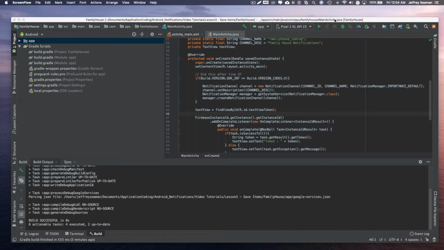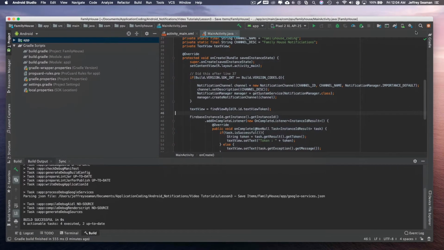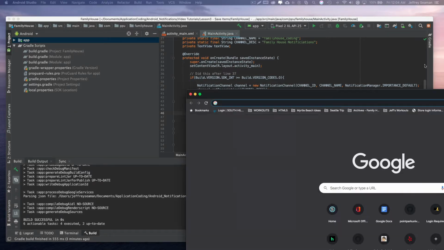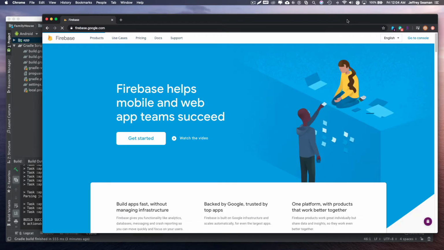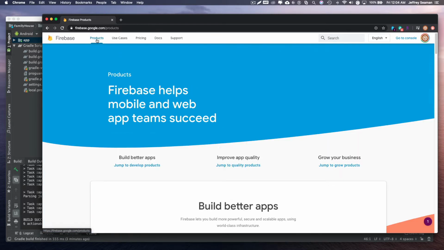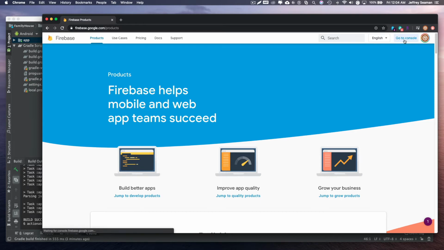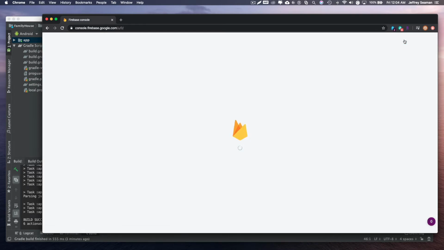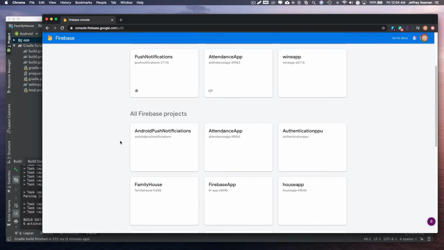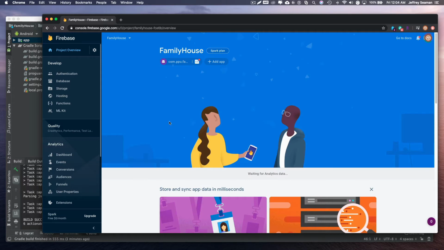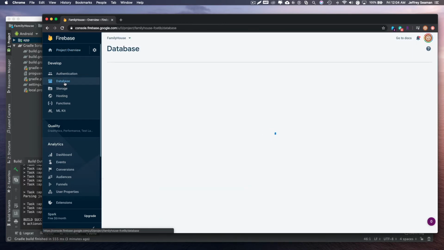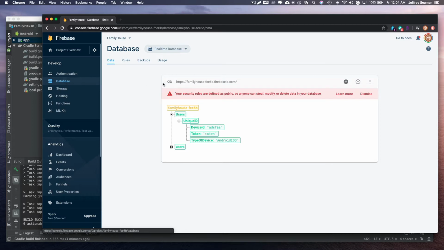First things first, I'd recommend you log into your Firebase environment. I already have an environment set up, so I'd log into your existing environment that we just used for the existing project. So go to console, I named mine family house, so you go into there, and then what you want to do is go to database. I already have a database set up for this, so I'm not going to set up a new one, but